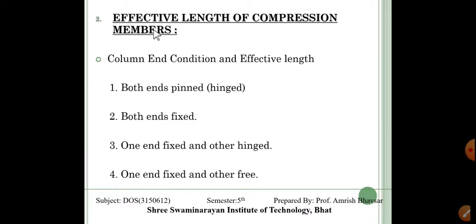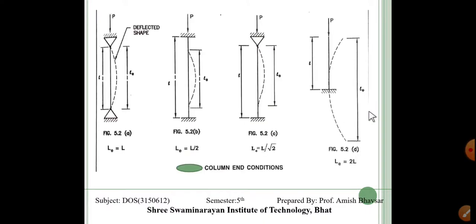Now, what is the effective length? That we know. We studied effective length in strength of materials, where we have four cases depending on the end condition of the column. The column end conditions and the effective length: first, both ends pinned; second, both ends fixed; third, one end fixed and the other hinged; and fourth, one end fixed and the other free. That we have studied in Euler's formula. And previously, these are our cases: